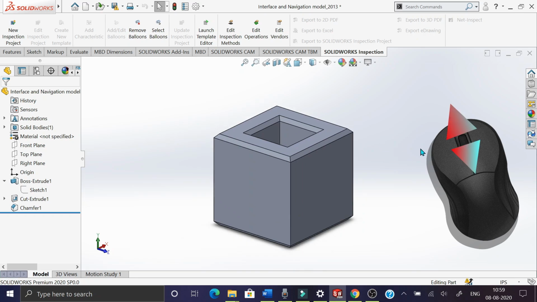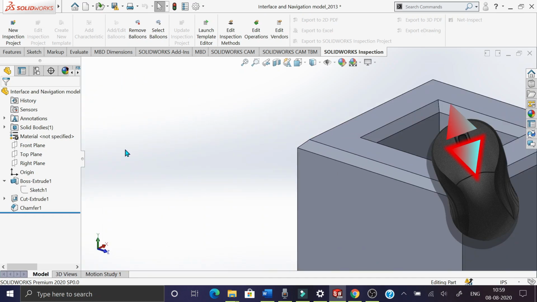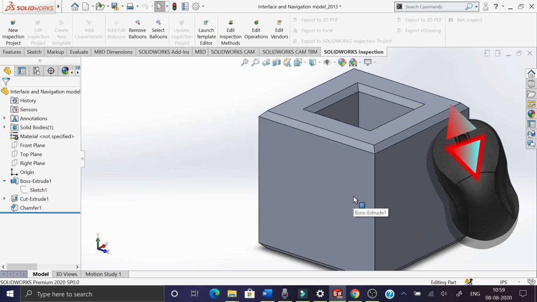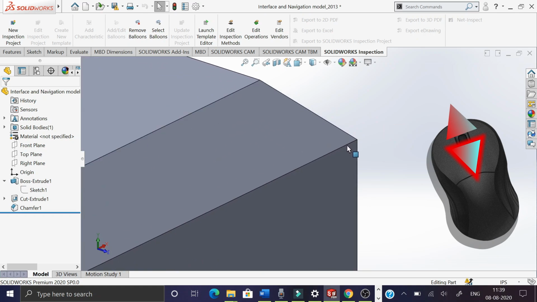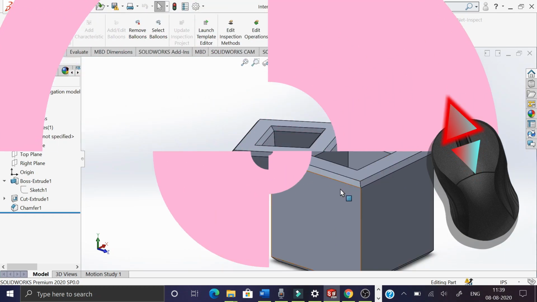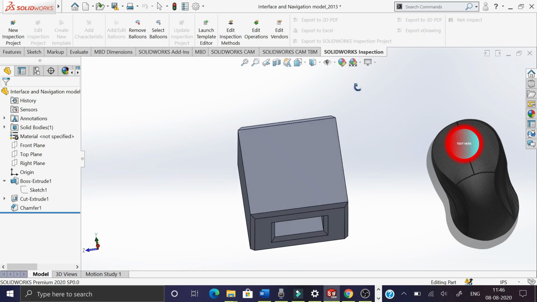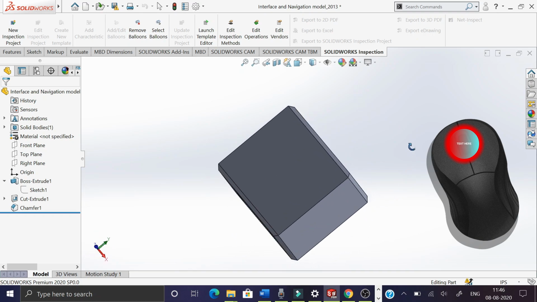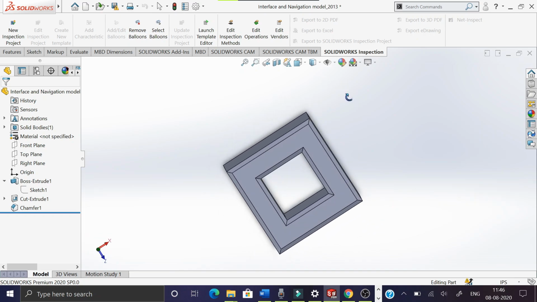If we point the cursor on the canvas and start moving the scroll, we will be zooming in or zooming out using the cursor as the center of movement. And so, if I point the cursor on this corner and start scrolling, I will be zooming towards this corner, and same for the others. The scroll itself has a useful button. If I leave the cursor on the canvas and then click and hold the scroll button and start moving the mouse, you can see that the model will rotate according to the mouse movement. This will make it much easier for you to create the model.